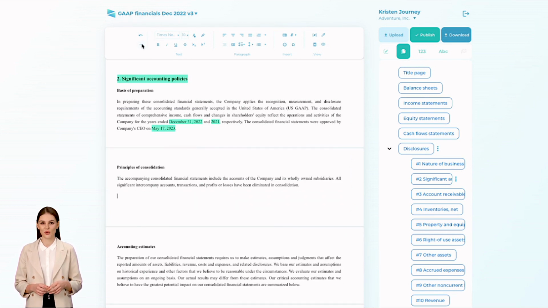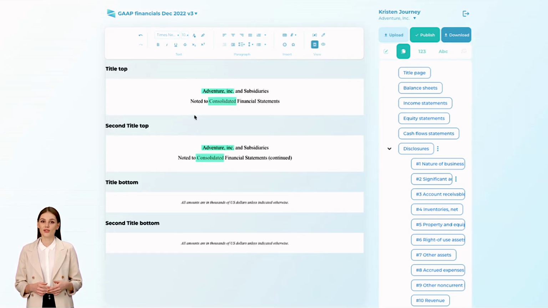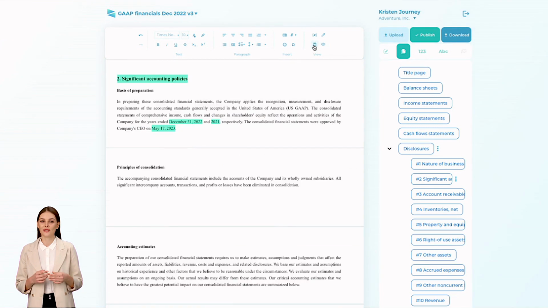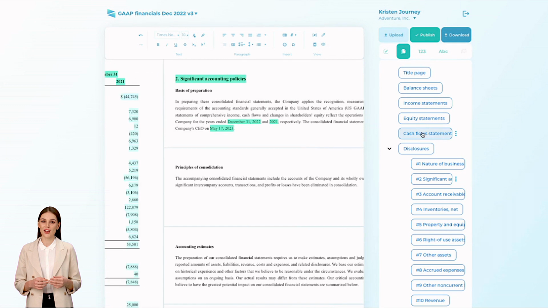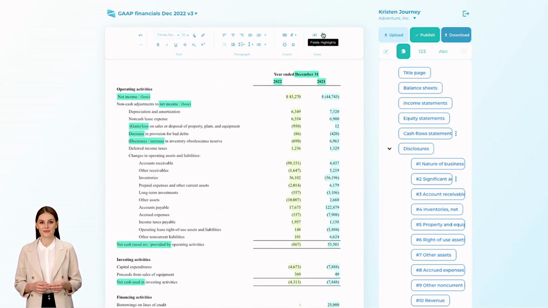Now let's look at the last portion on the formatting ribbon, the View block. We actually already talked about most of the items here. Just to remind you, this button toggles between the document view and its headers and footers. This one expands or collapses all hidden sections so they can or cannot be seen online. Earlier, we talked about these illustrative fields highlights that could be switched off and on. You probably also noticed that we use different highlight colors for different number periods and for all non-number fields. This is done to facilitate your review process.